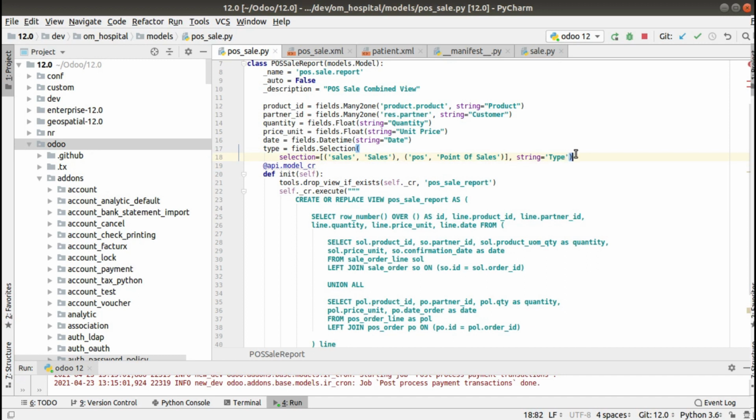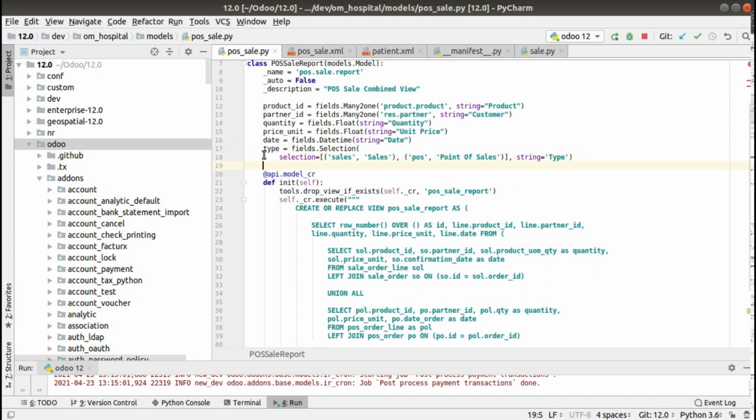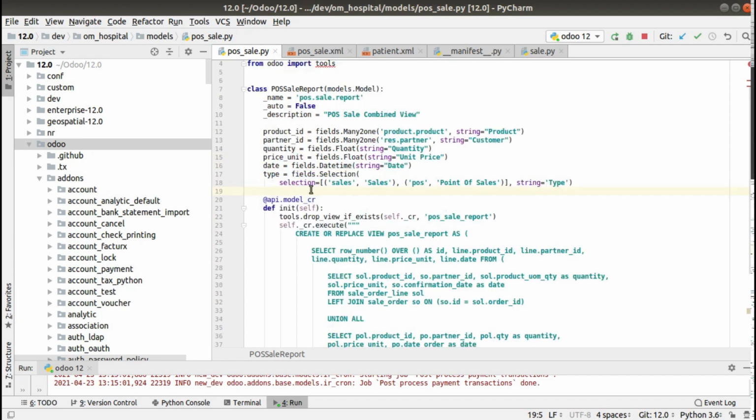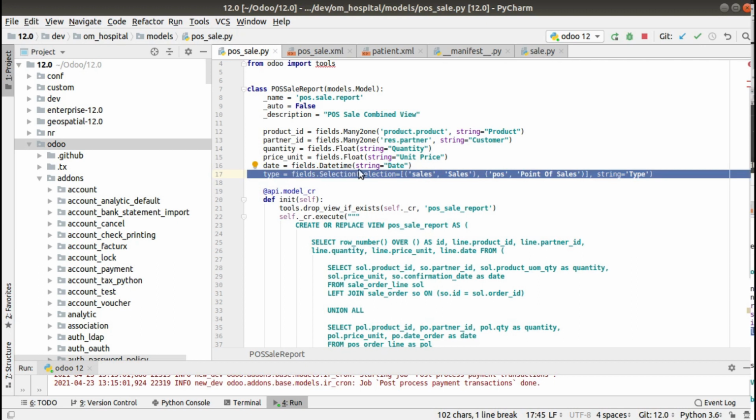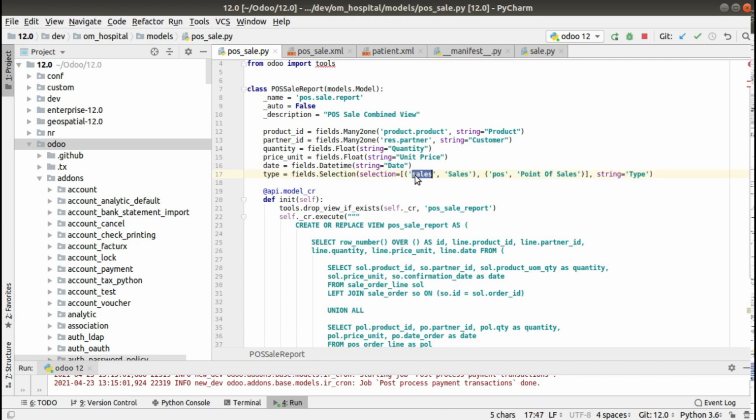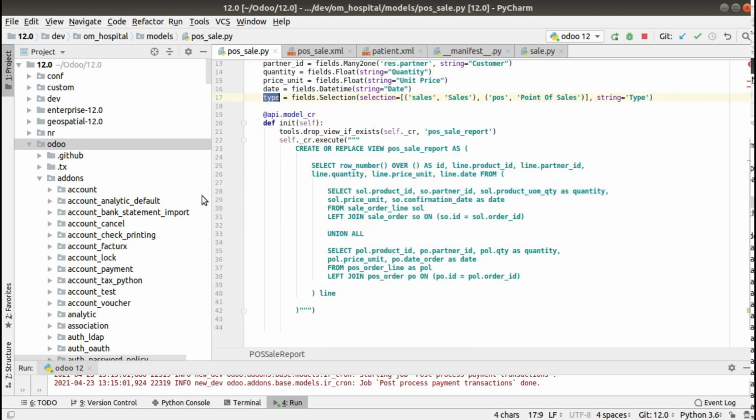So what I have done is I have added one more field into our view called type, that is to identify whether this line is coming from sale or point of sale. So I have defined a type field of type selection with 2 values, that is sales and point of sale. So now I have to add this inside my select statement.